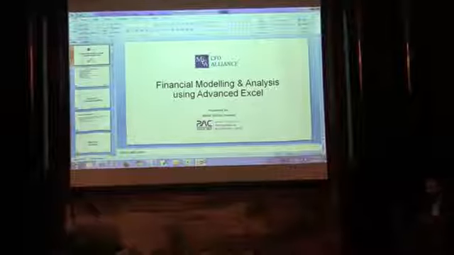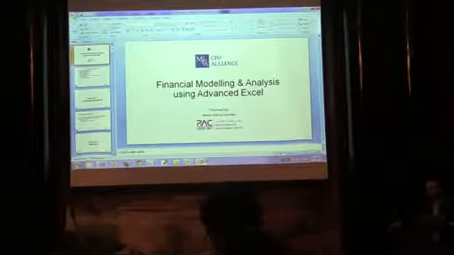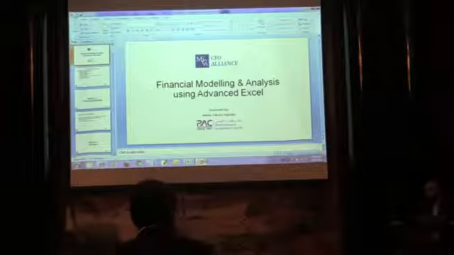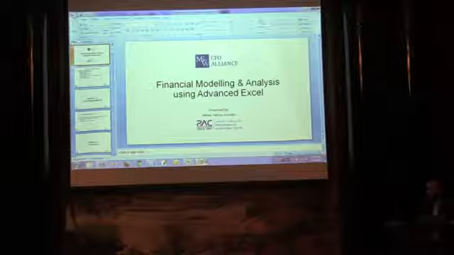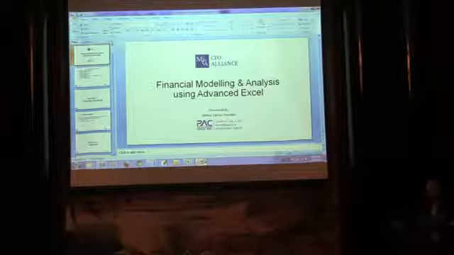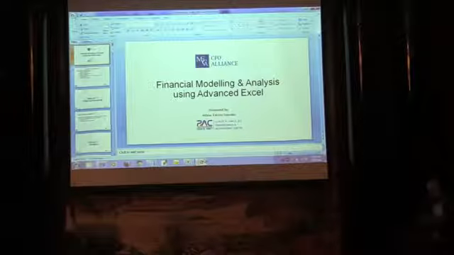I'm sure all of you are from a financial background and already have a lot of experience in finance, so I'm not going to go into details. I'm just going to look at it from a technical perspective, how to implement it in Excel. And the objective today here is making a financial model in Excel. So, getting on with this.